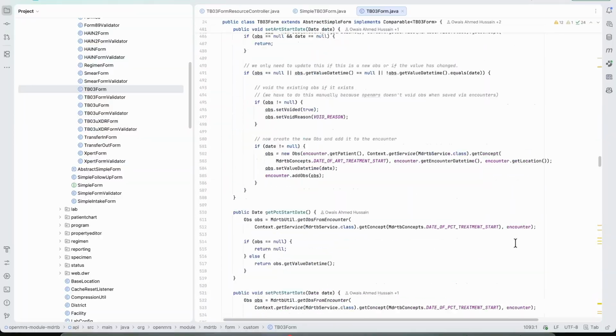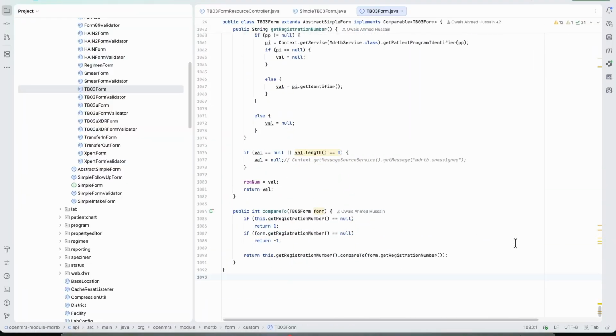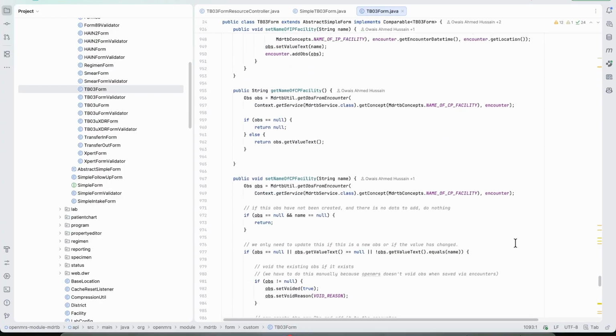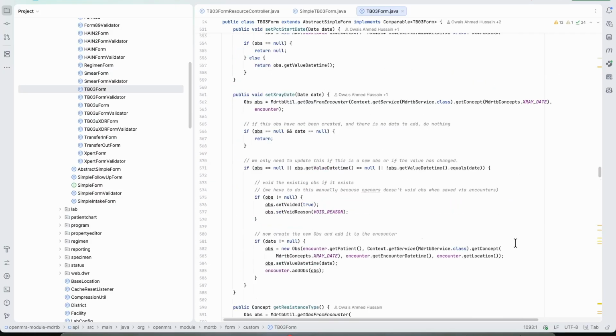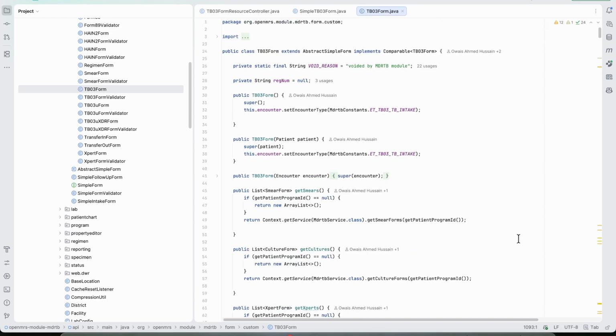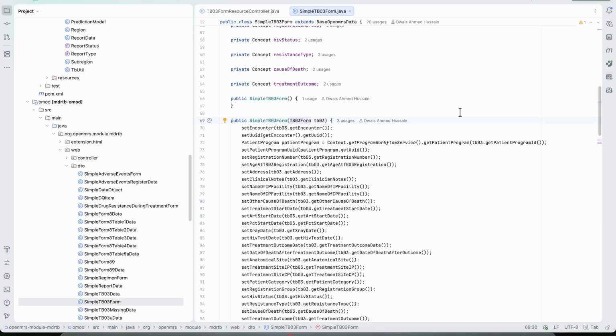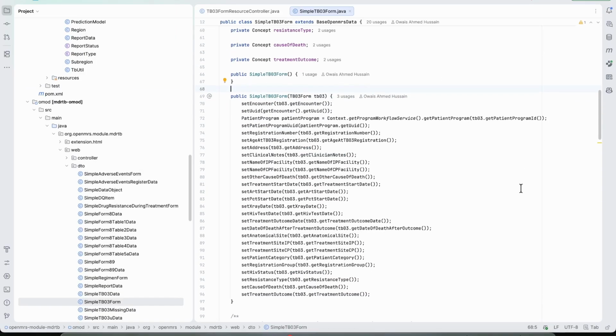And each one of these classes is hundreds upon hundreds of lines of code, which makes it quite difficult to work on this module, by the way. There's some part we cannot touch, there's some part we cannot remove. To make any change we have to rigorously test for the ripple effects. These are a few issues with this MDR TB module. But anyway,